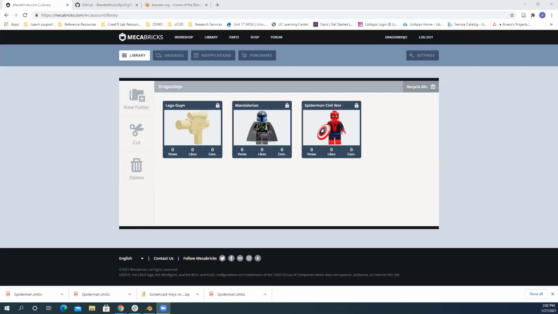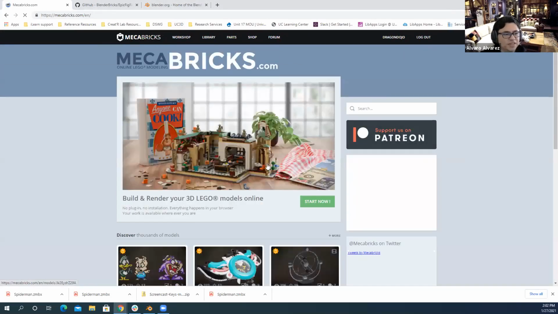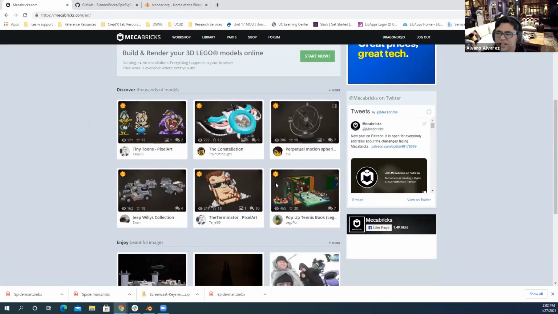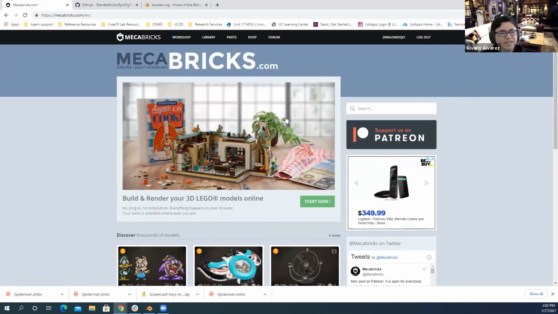All right, guys. So you should be able to see my screen. Do you guys see? It says Mecha Bricks. On this site, you're going to have to create an account so that you can download the figures from this site. This site is pretty cool. It's pretty much a database of things people have created from Lego. People have recreated the actual sets that are on sale, figures. You can search on your own. There's almost everything you could think of here. And today, instead of creating a figure on our own from scratch,